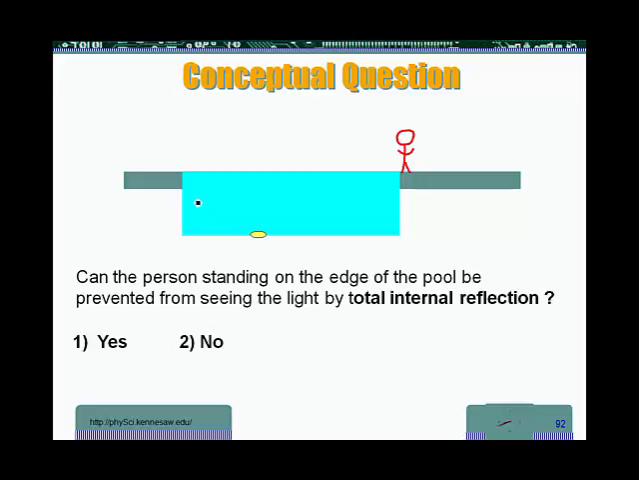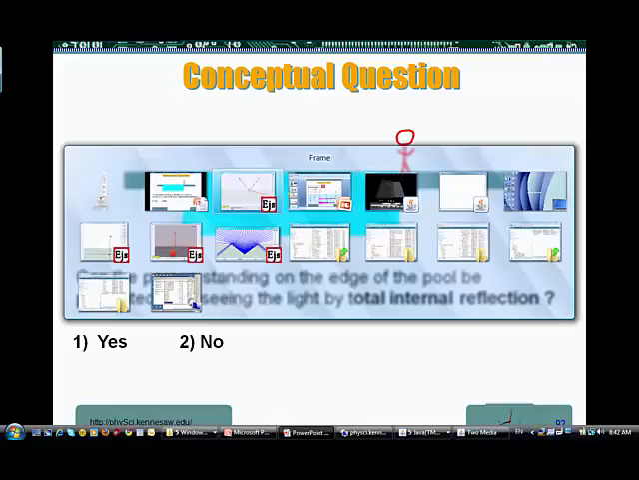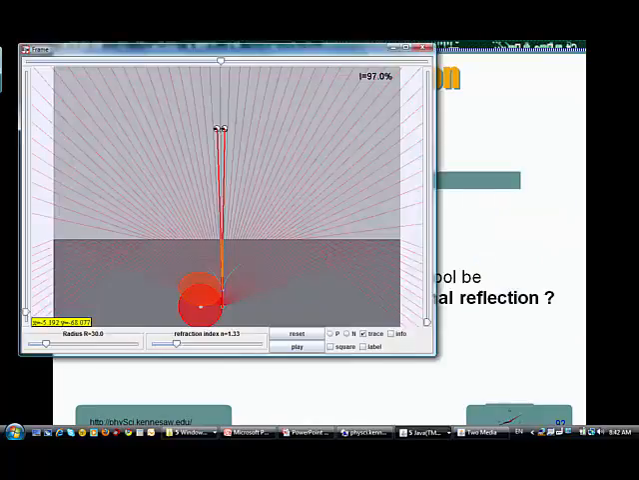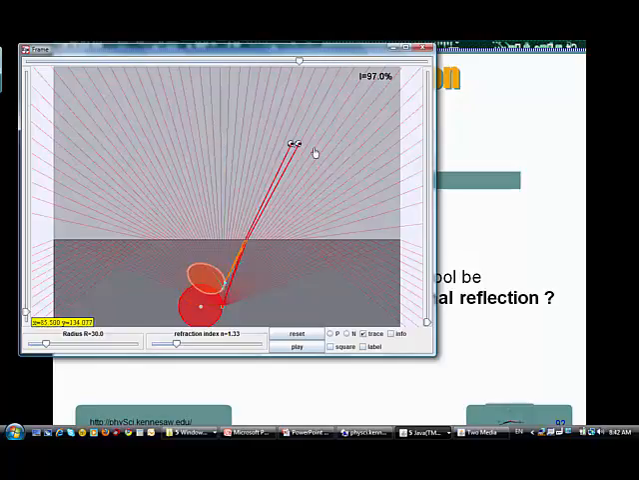Can the angle of the light being reflected off that coin be such that the person is not going to be able to see it? Okay. Now, to answer that, let me go back to a simulation that we saw before. Okay, now this is the person observing, and this is